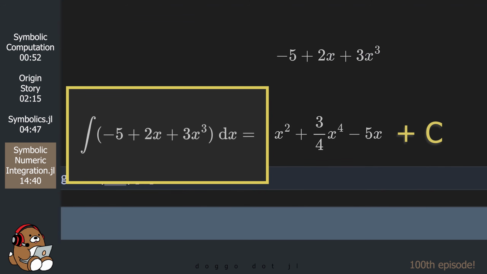So what's implied in the solution is that there's some constant c that needs to be added to the end of the solution. Otherwise, this solution is the same symbolic solution that you would have come up with if you had solved this integral by hand. Pretty cool, right?